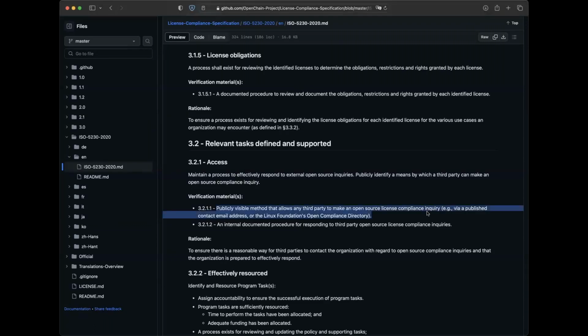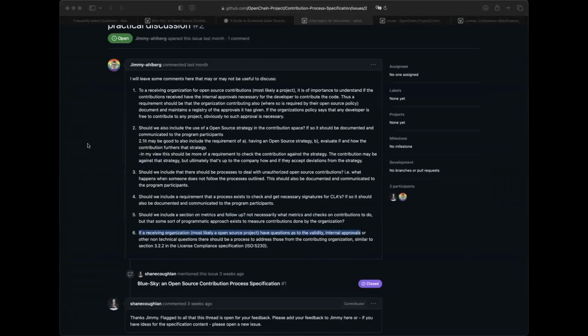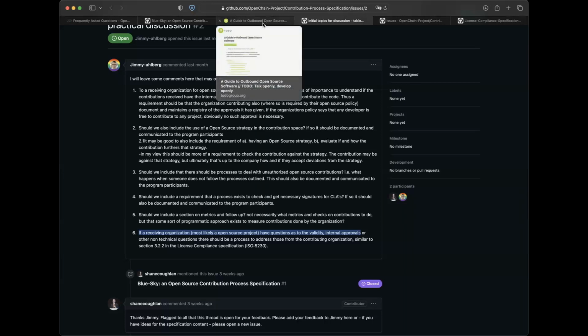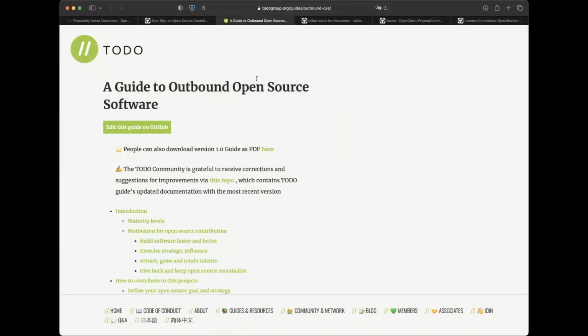So we mightn't know if the contact is via email address or if it's on, let's say, the TODO Group website, but we'd know it's out there. And we'd know that they should have a way to respond. So yeah, exactly, Thomas. We don't want to rewrite what other people are doing. In fact, to be frank, we should be a way for people to begin getting the quality program in place and then to go to places like TODO Group and fill out the details based on huge amounts of community knowledge consolidated.